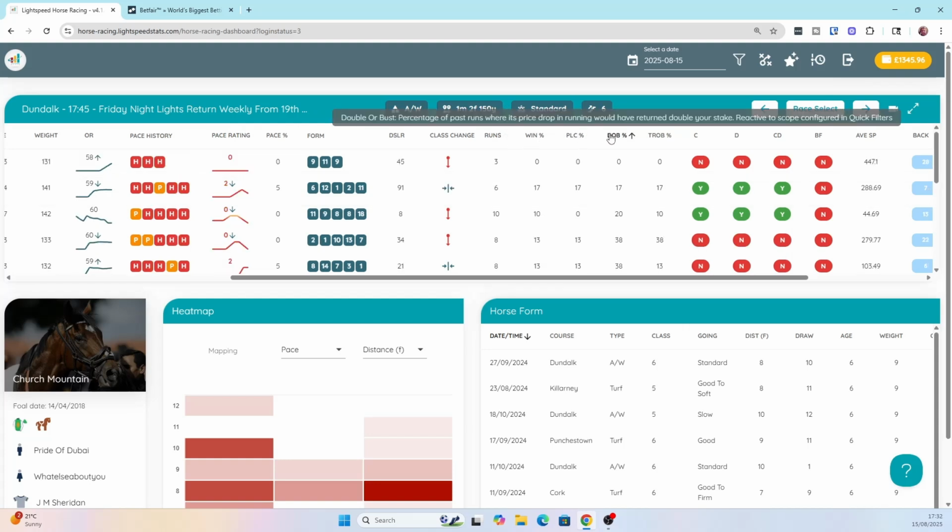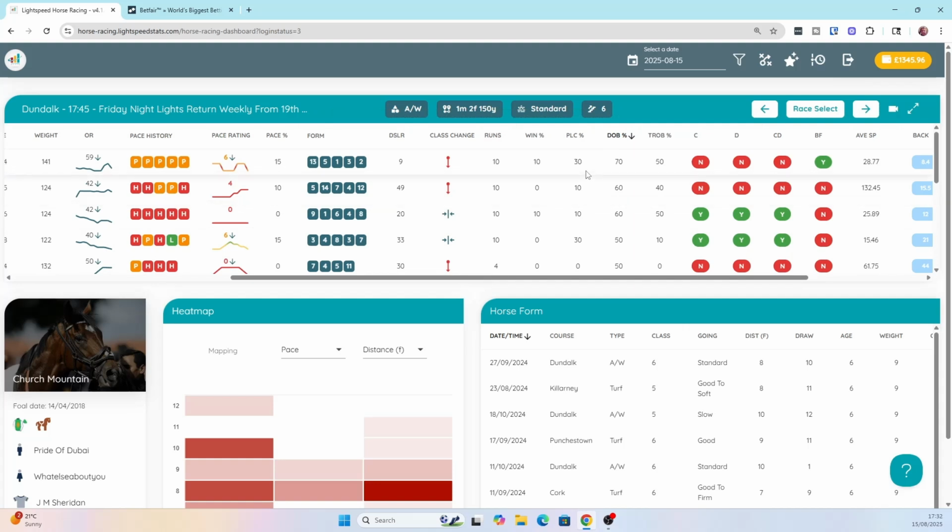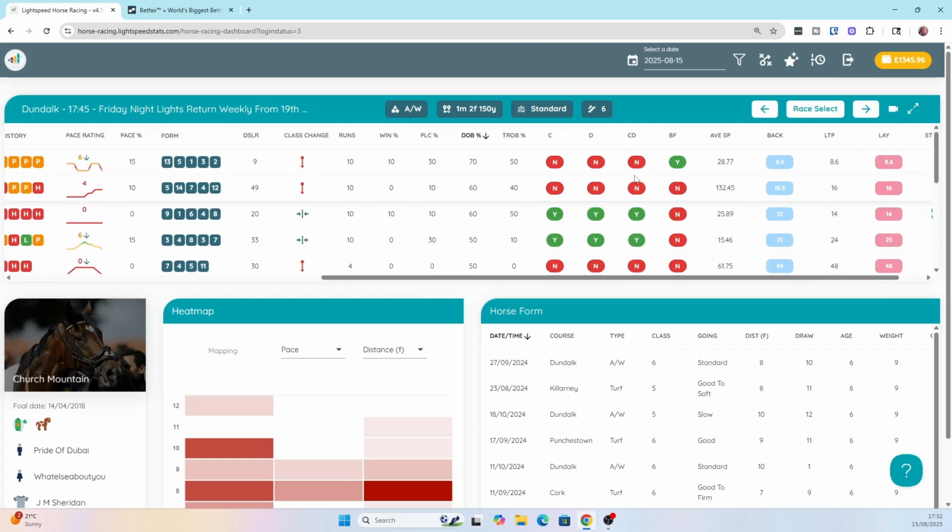Dob percentage is a good one. I use this quite a lot, try and find horses that have dobbed a lot. I especially like horses in races where a lot of the other horses haven't dobbed very much, which isn't the case here, so this wouldn't interest me as a trade because there's lots of horses that dob quite regularly. And then you've got the course distance, whether they've won at course distance,